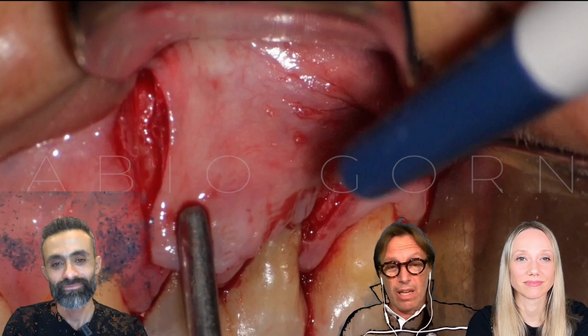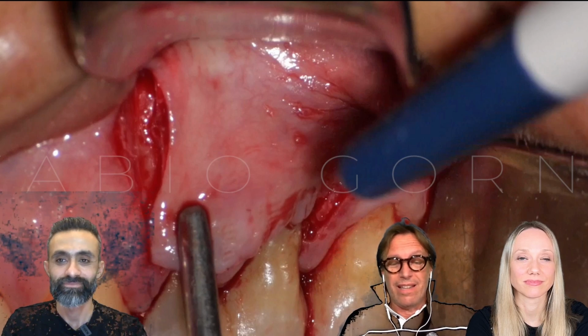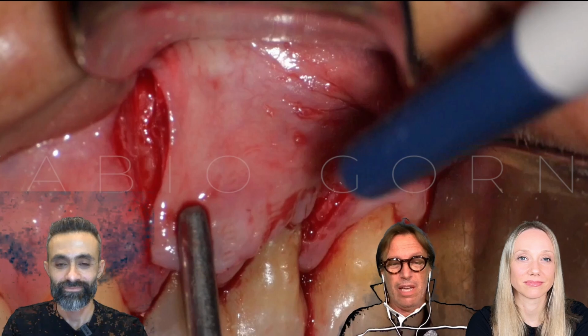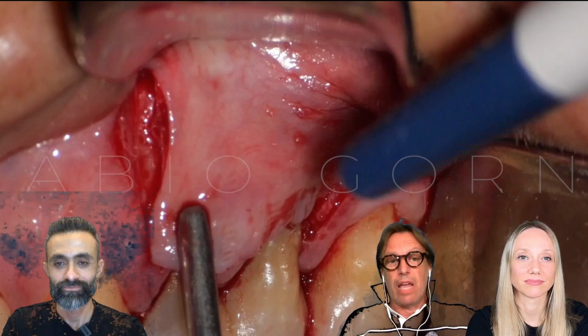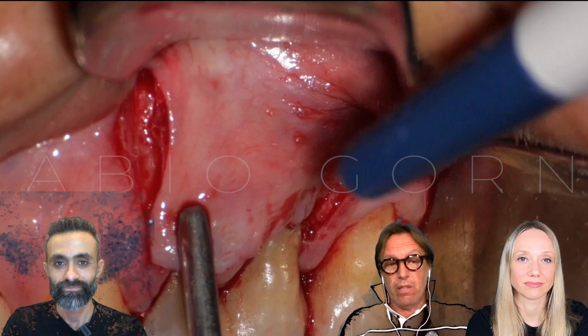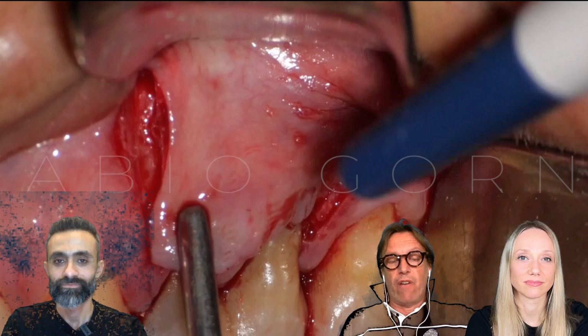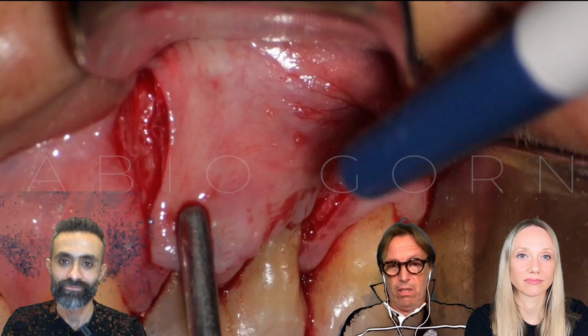I love MTA. I started to use MTA in 1998. It's a fantastic material. And in some cases, I'm still using MTA also in apical surgery, especially when we have a very, very large retrocavity.